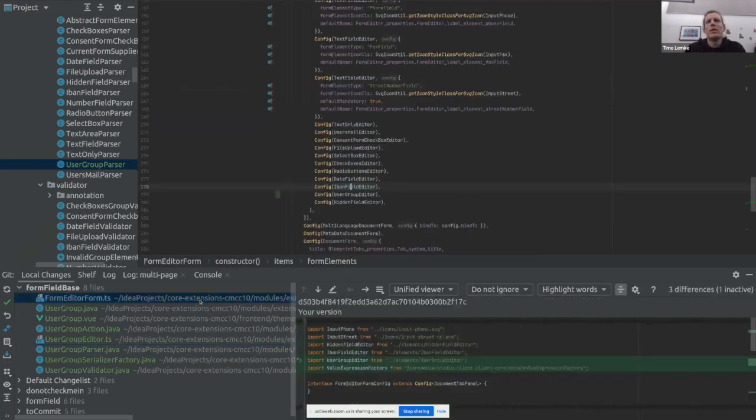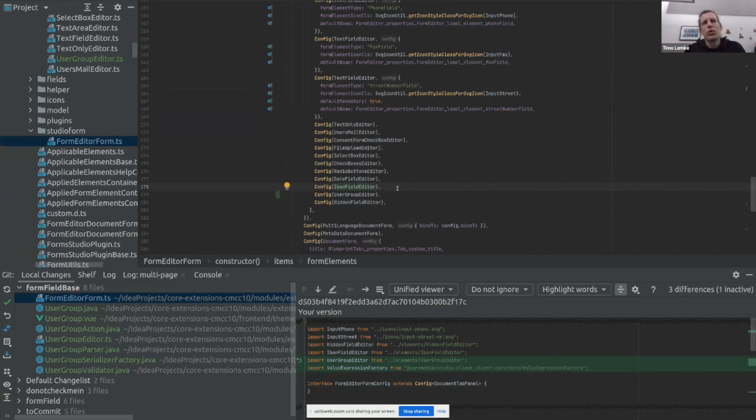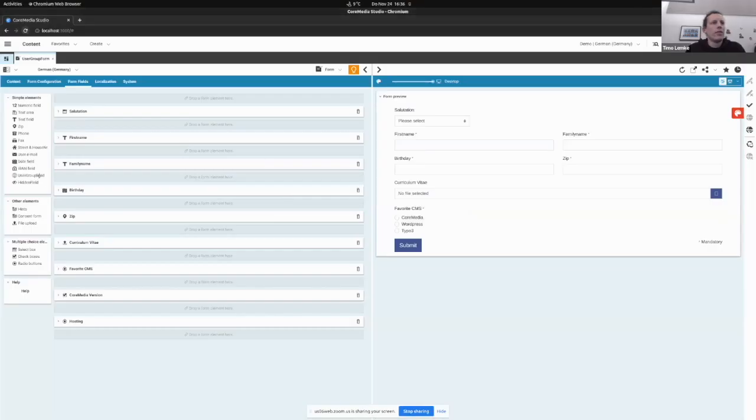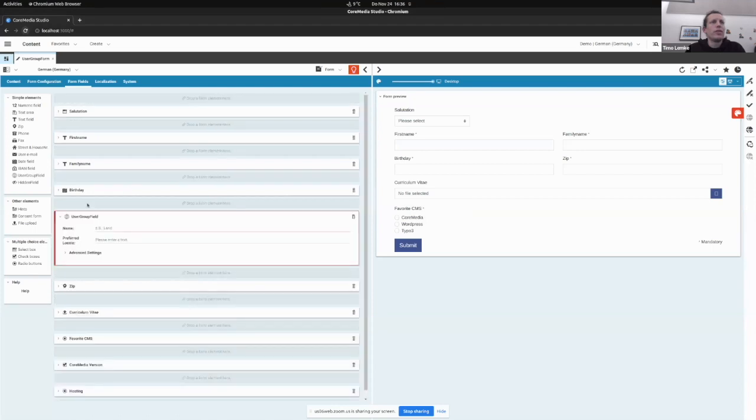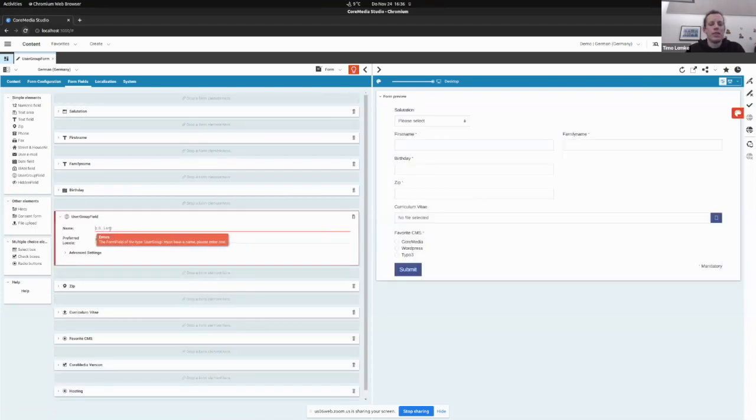And I think it's the same for the document form. You should create it in your own extension if you want to change it. So I can apply this new user group field. Now I'll choose a locale, like